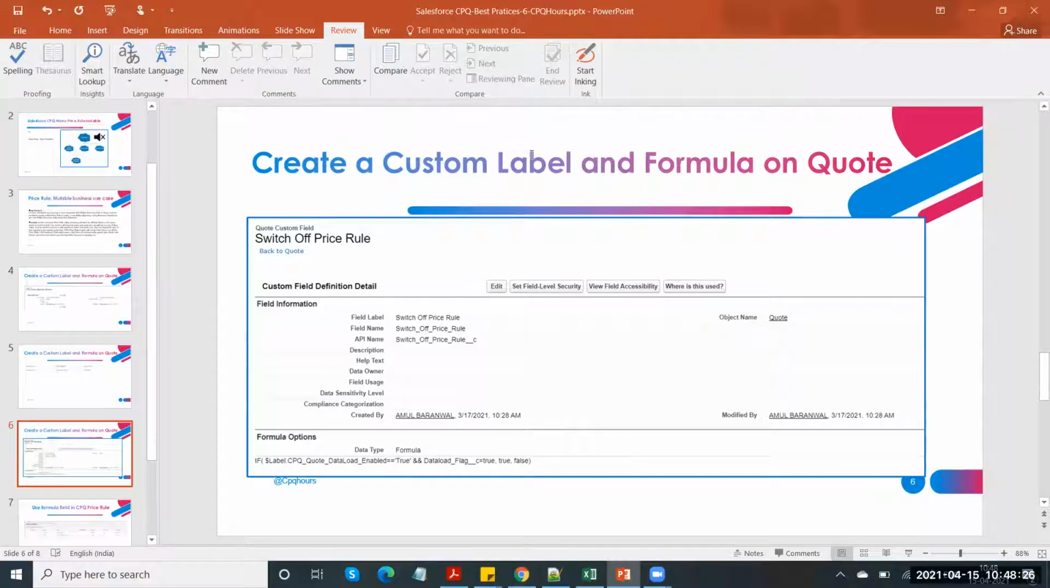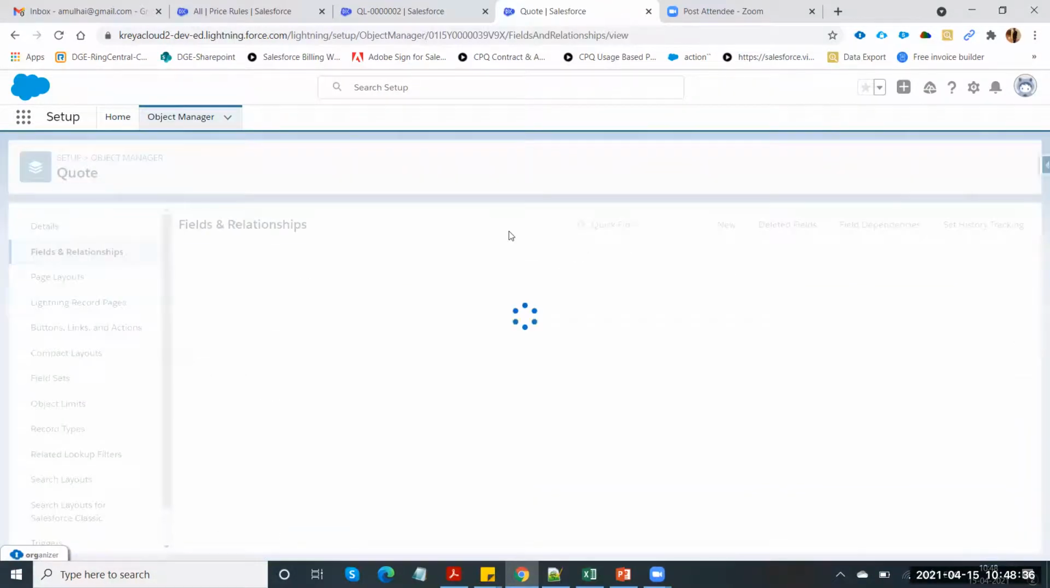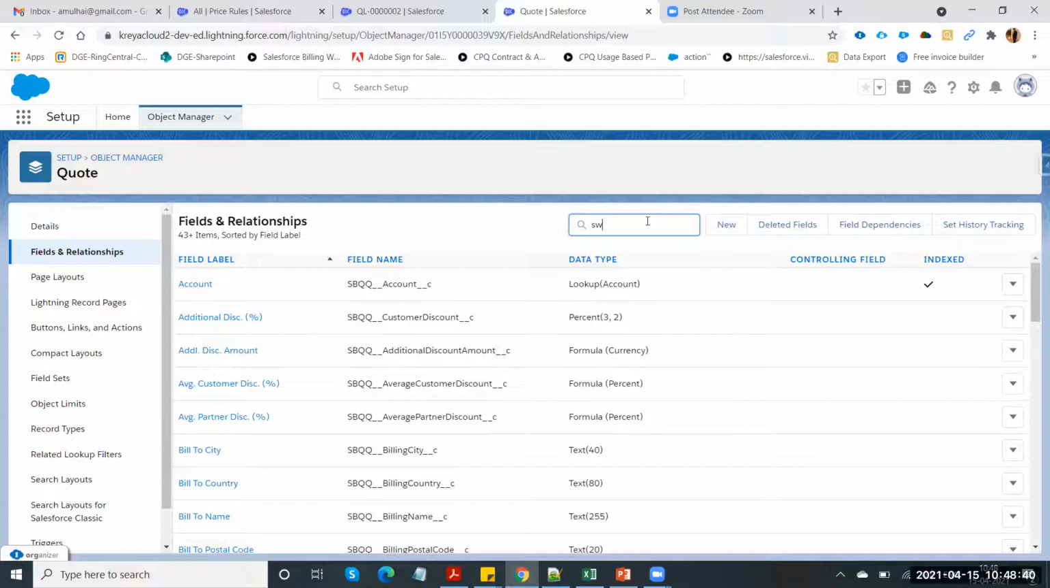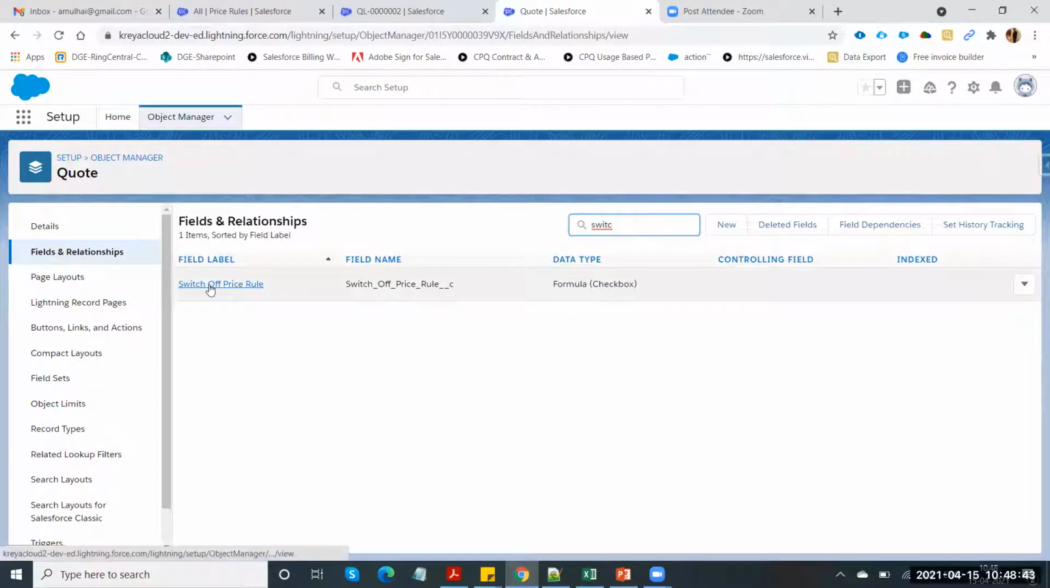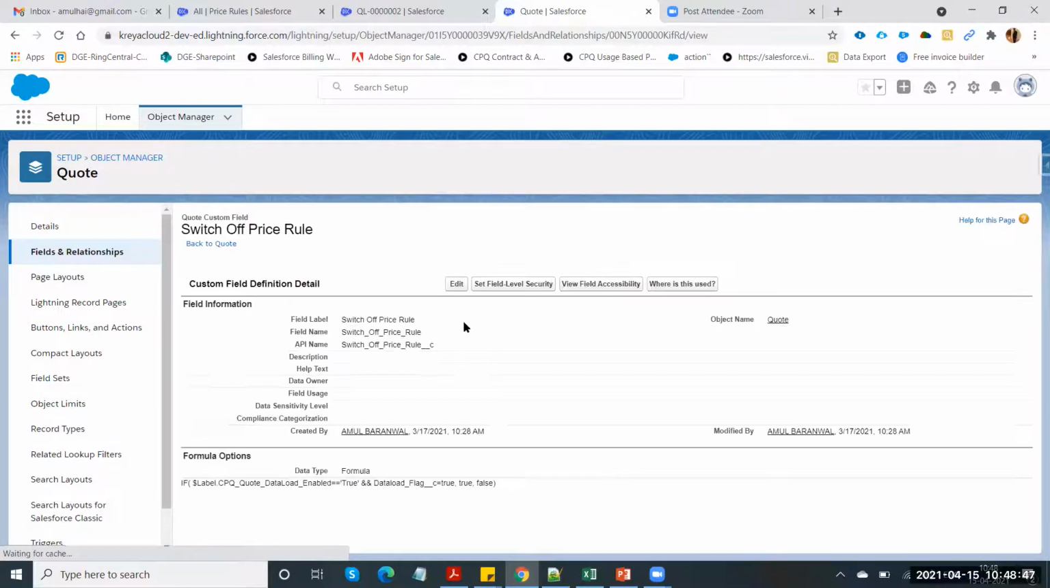Now my third step: I have to create one formula on the quote object called switch off price rule. If I go to Fields and Relationships, there is a formula field that I have created called switch off price rule. This switch off price rule will check the label value and the data load flag. If both are true, in that scenario our price rule will not be triggered. So this formula, if you see, label.CPQ quote data load enabled, means I am enabling the custom label as true,